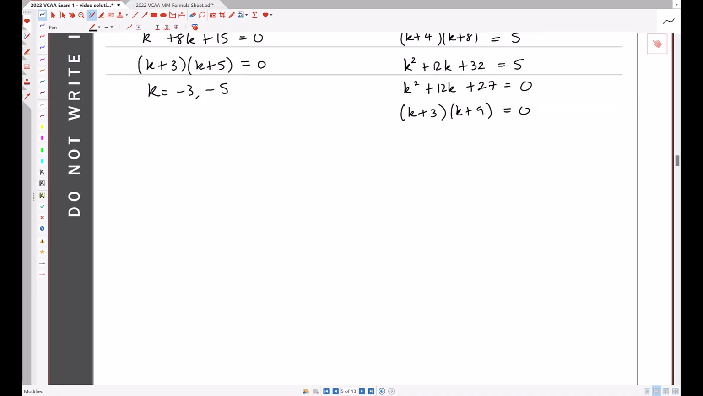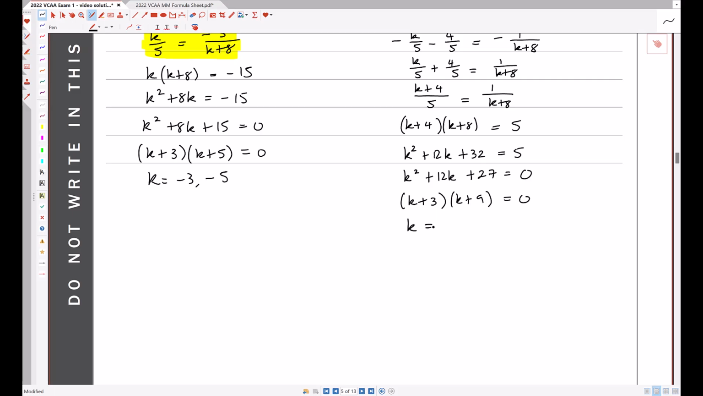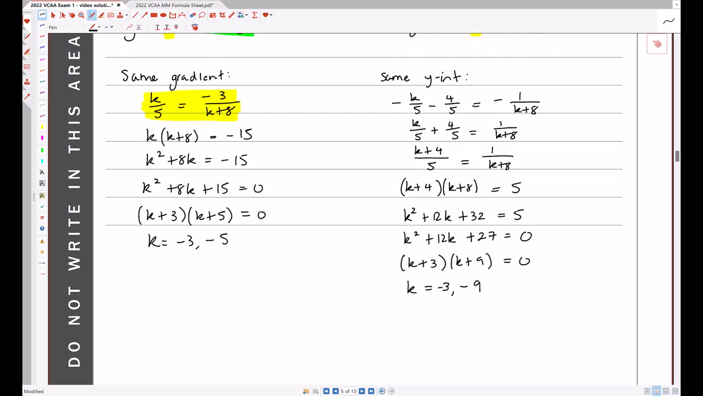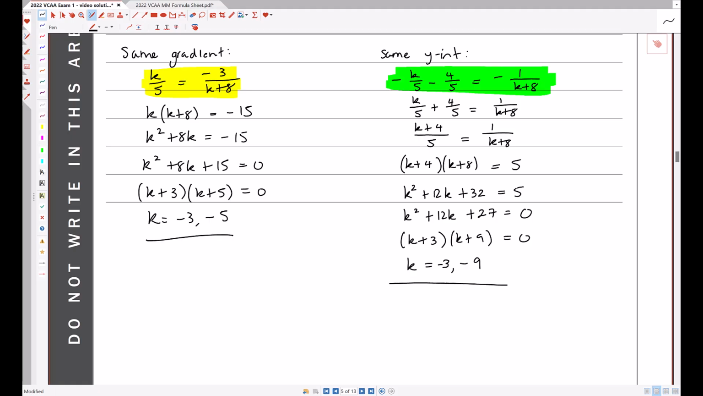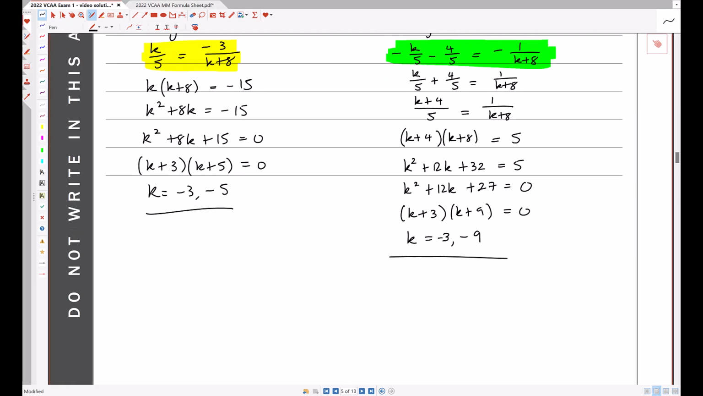And so therefore, we have the same y-intercept when k equals negative 3 and when k equals negative 9. Okay, so we need both of these things to be true. So we need to have same gradient and same y-intercept, and so therefore we need the intersection of these two things, which is clearly going to be k equals negative 3. So therefore k equals negative 3 gives same gradient